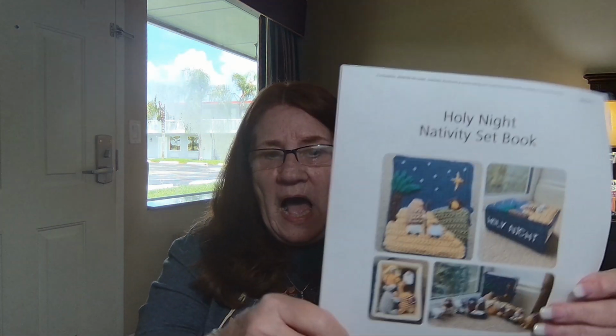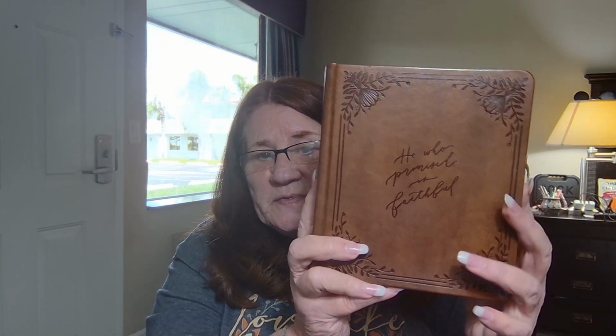Now, funny thing, folks, I don't know about you, but when I looked at this pattern initially, here we go, here's the front cover. I was expecting this to be a pretty big book, at least like maybe an 8 by 10, but it's not. I don't know what I was expecting it to be, but I didn't expect it to be as small as it is. Now, it's not tiny. Don't get me wrong. It's not tiny, but it is going to be the exact size of this beautiful book that was given to me